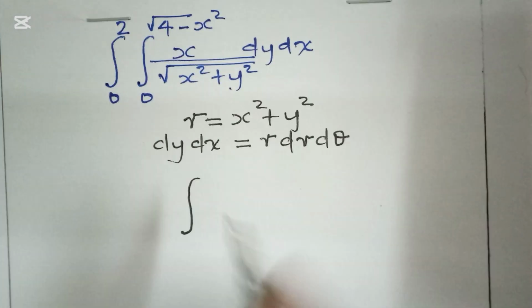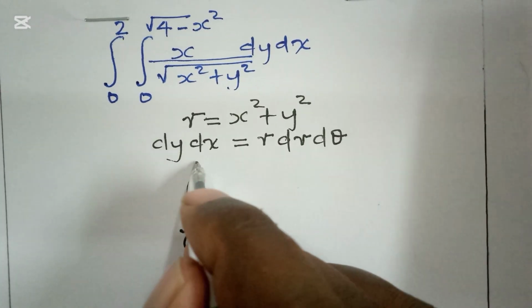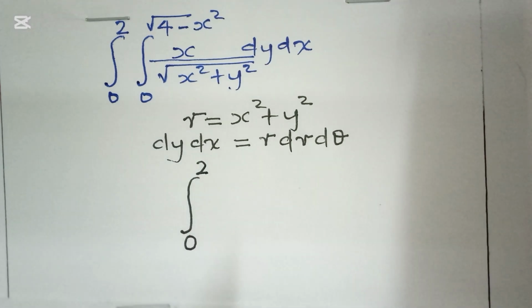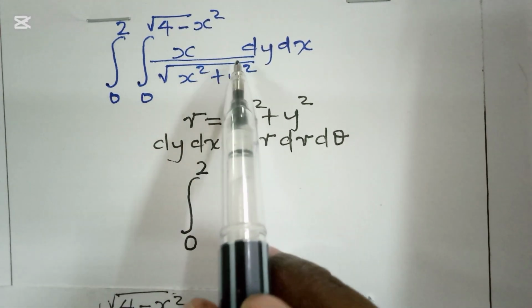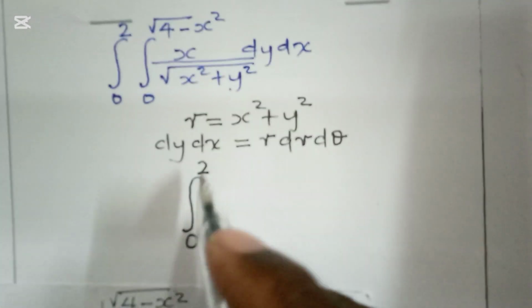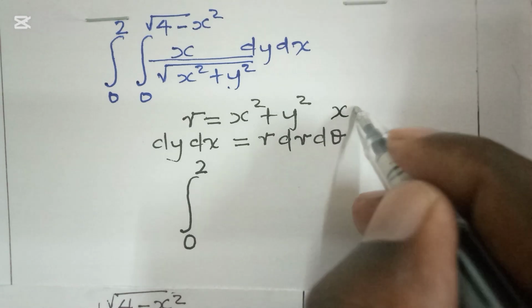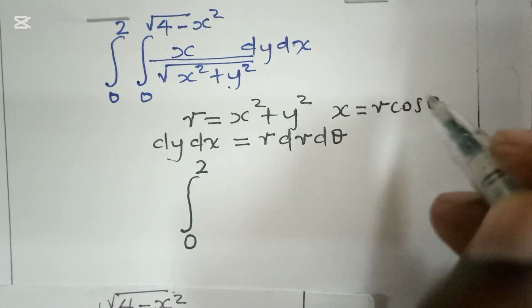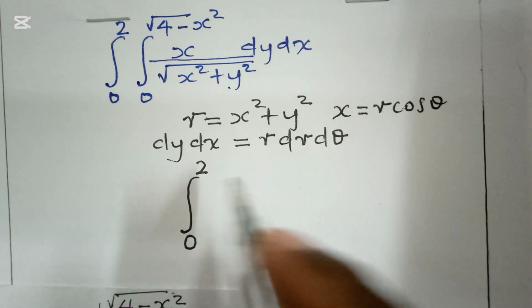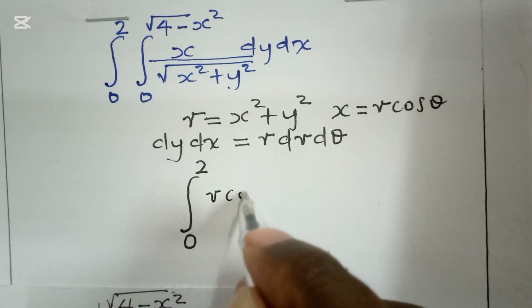So we shall integrate from 0 to 2 along the radius. We can now write this equation, whereby x is equal to r cos theta. So I'm changing everything to polar form. So x is r cos theta